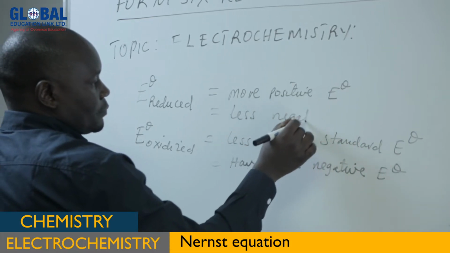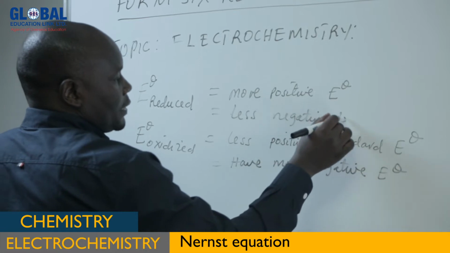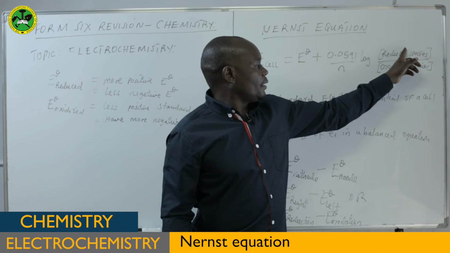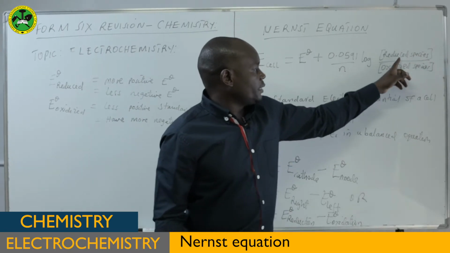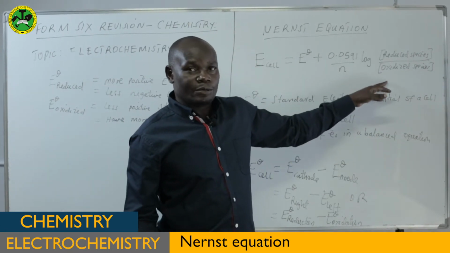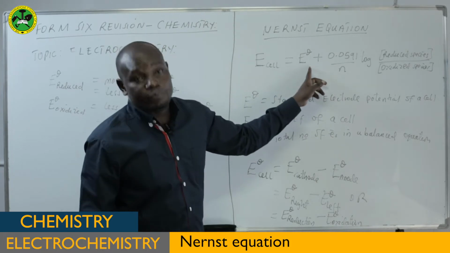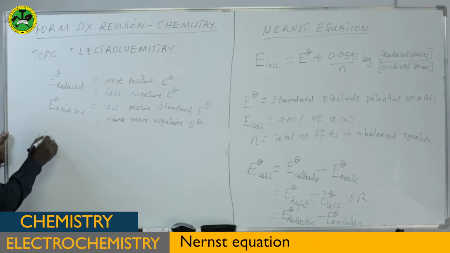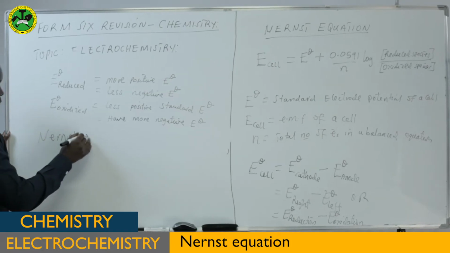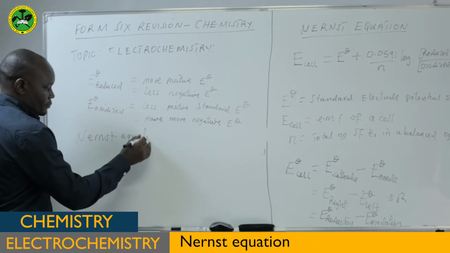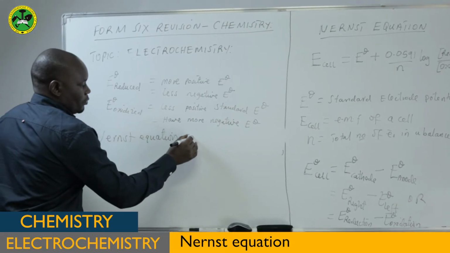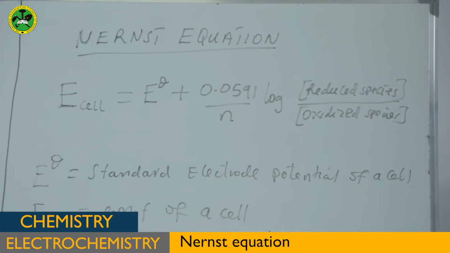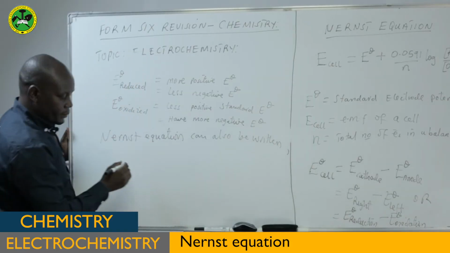But also mind you that if the species oxidized becomes the numerator and the species reduced becomes the denominator, then the sign here will change, it will be minus. So the equation can also be written as